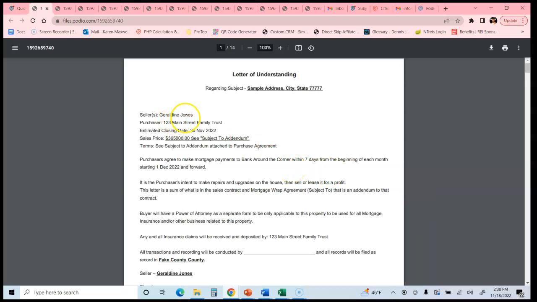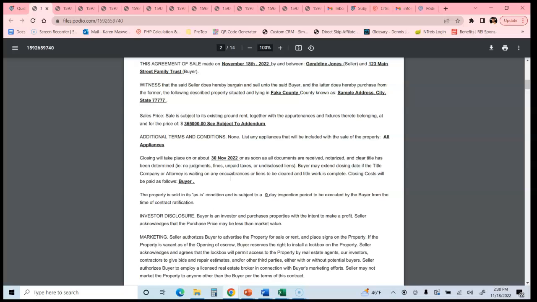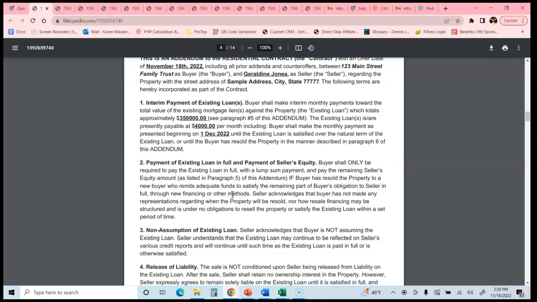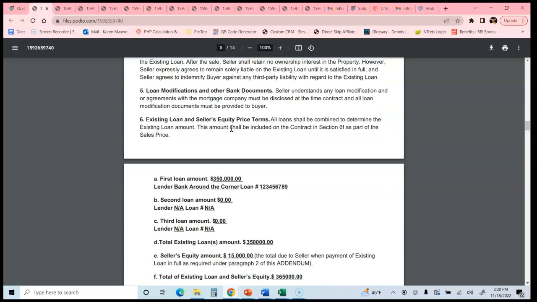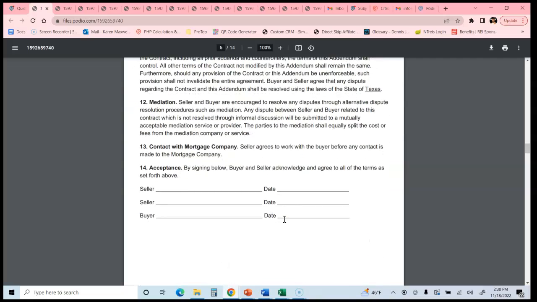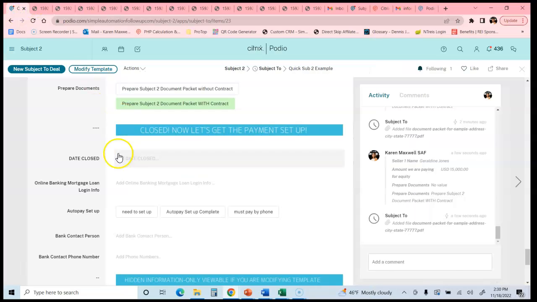Now we've got Geraldine Jones, and where's that? The updated price is now $365, and down here we're paying her. Where's the equity? Seller amount of equity is $15,000, so our total sales price is $365. That's all we changed. And that updated everything everywhere. So if you make a mistake, you can easily recreate new documents. That's it. That is a quick overview of how to use the subject to